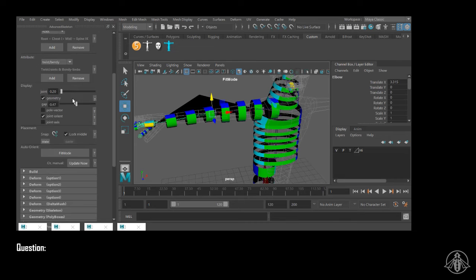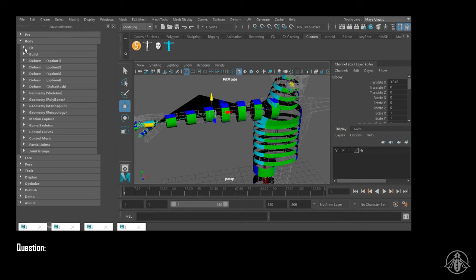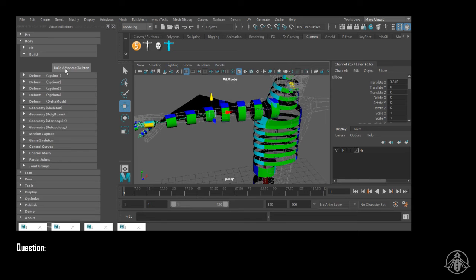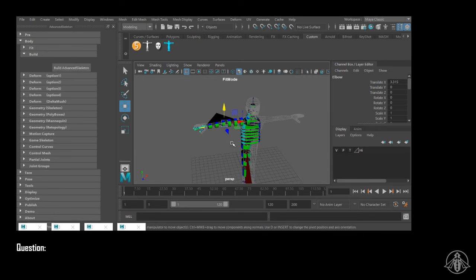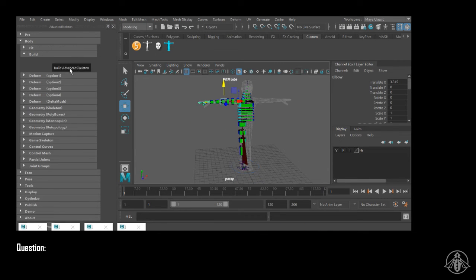So if you're happy with the fit, you can move on to the build, and you can build the rig. This button is one of the easy buttons that usually does work. So based on the fit, where I put the fit skeleton, which was pretty rough, you saw that, I didn't really have the fingers in the right places. This foot was sort of in the right place. The spine,